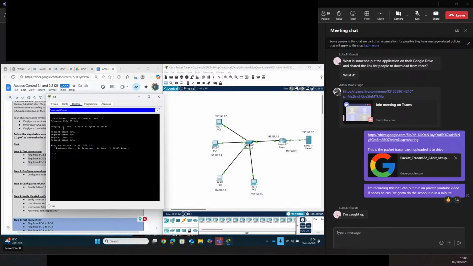So we will type in ping, space, literally hit the space bar, 192.168.1.5. And when you do that and hit the enter key, you'll notice that we get all of this stuff here